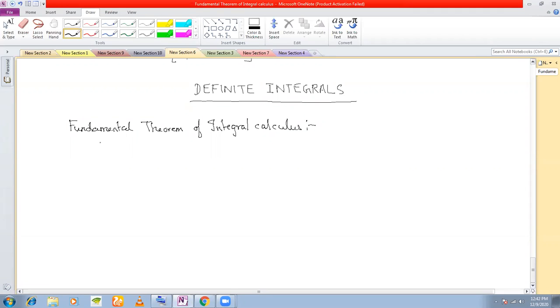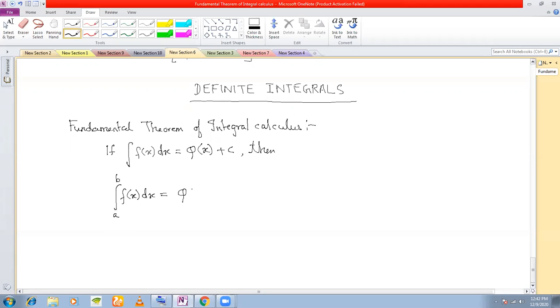The fundamental theorem of integral calculus states that if the integral of f(x) dx is equal to phi(x) plus a constant, then if you take limits in this integral, the integral from a to b of f(x) dx,